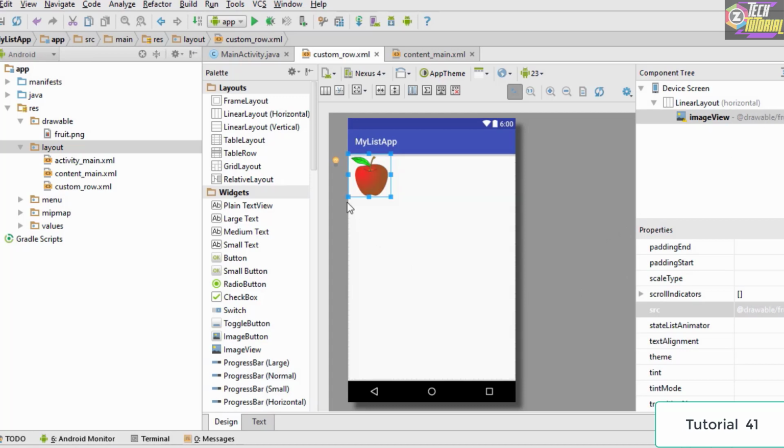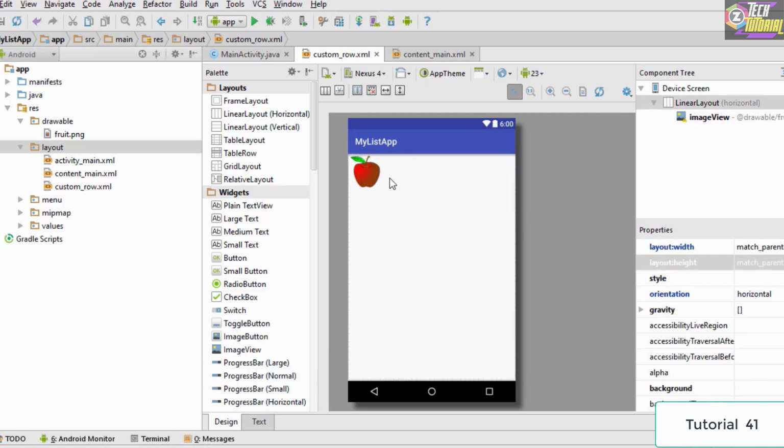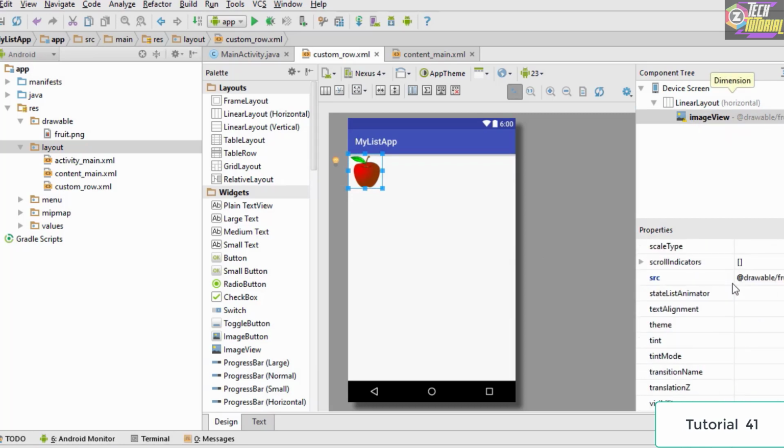Now let's set some values for the height and the width. So we go here to the layout height, and let's say we set the width and height to be, let's say, 80 dps. So change this to 80 dp and change this to 80 dp as well. So once we have this set up, the next thing which we do is that, as you could see, this image right here is actually appearing in the leftmost corner, and we want to actually leave some space from the left as well as the top. So in order to add margin to it from all the sides, we select this image, then we go to properties and we search for the option which is called as margins.